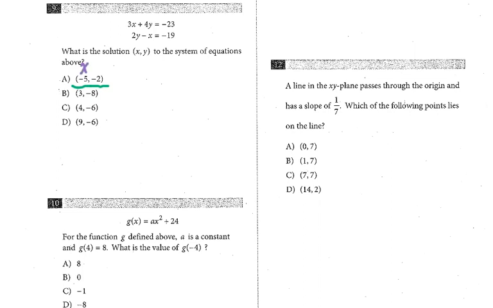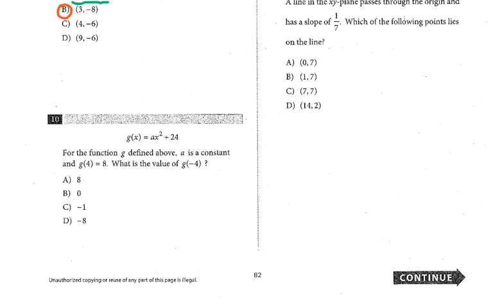So we plug in x equals -5 and y equals -2, plugging in both. If both are true, that means A will be your answer. I know A is not the answer, so after I plug in separately,